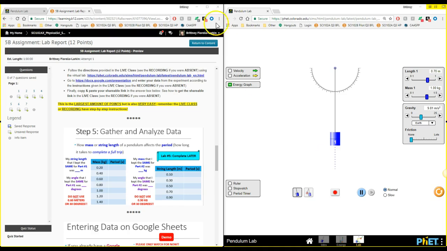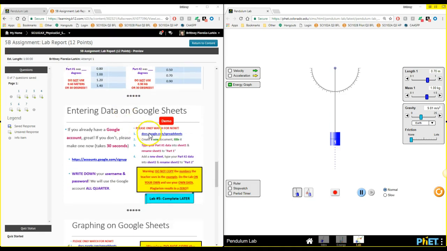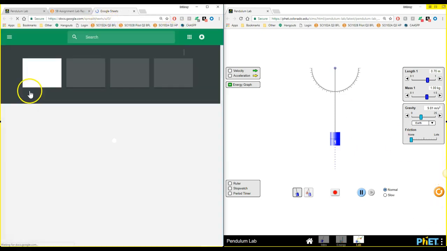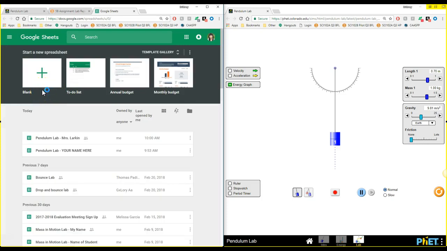Okay, so here we go. Step number 5 tells us what our tables need to look like for the lab. So I'm going to go to docs.google.com/spreadsheets, which we've done 1,000 times. We should be pretty familiar with these instructions. They're not really any different from any other things that we've done, so it's going to be super familiar. We're not going to have any issues here. We already know how to do a lot of this because we've done it before.